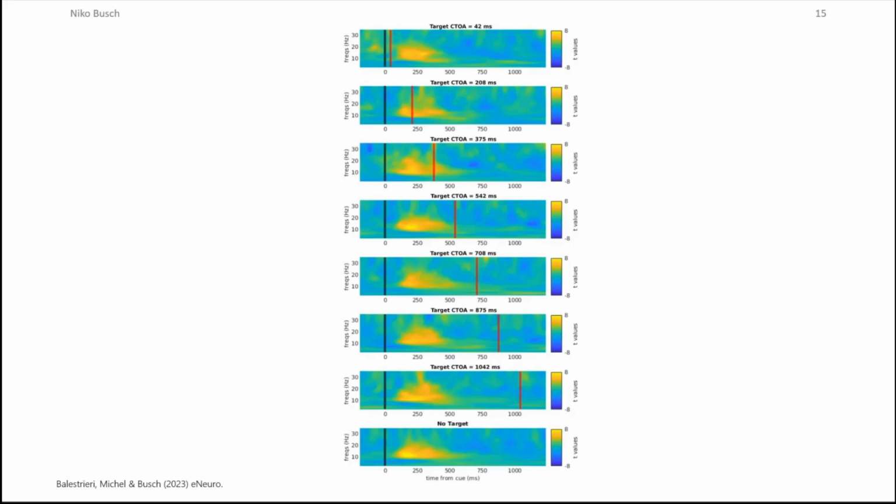So you can appreciate that in all these conditions, there's this nice yellow blob. And the yellow blob means that at these early latencies, alpha is lateralized towards the cue. Okay, that makes sense, right? Sure, the cue attracts attention. We find behavioral facilitation at short intervals, so that's cool. And now we are looking for the relateralization following the reorienting of attention. And it doesn't happen. Don't find any.